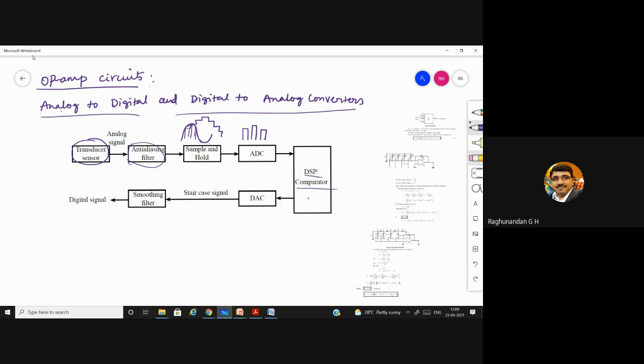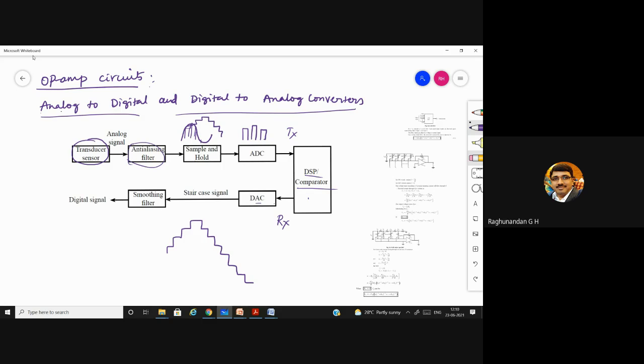Now, this is at the transmitting side. At the receiver side, after processing, we need to convert this digital signal which is there in the processor again into analog form. That is where we use a digital to analog converter. In the digital to analog converter, as I told, the reverse process takes place with a staircase signal. First it forms a signal like this. This is known as the staircase signal.